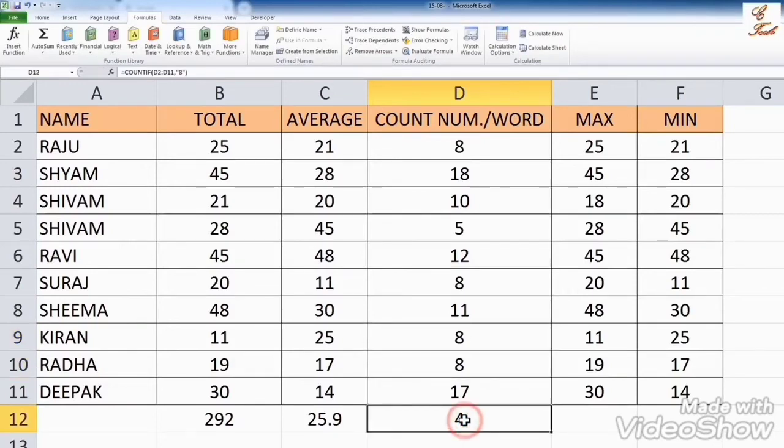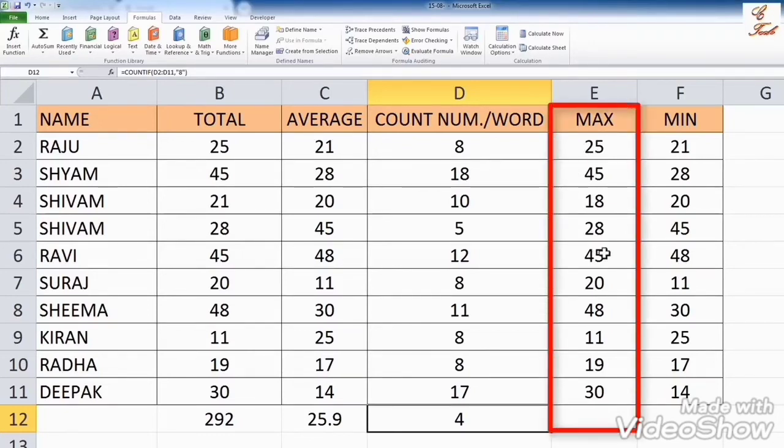I want to find the maximum number and I want to find the minimum number. For that also a formula is there. Now we'll find the maximum number.